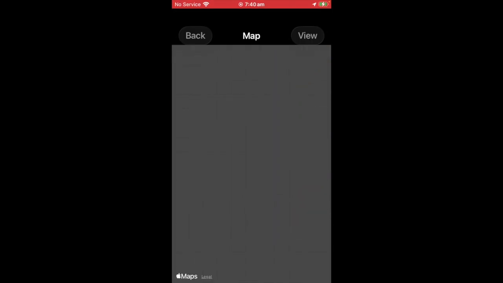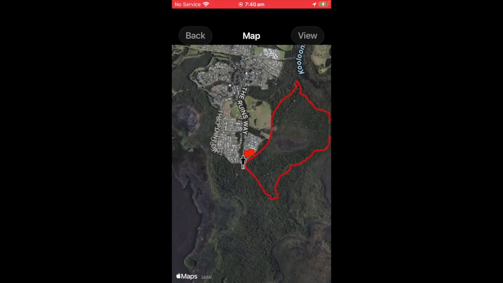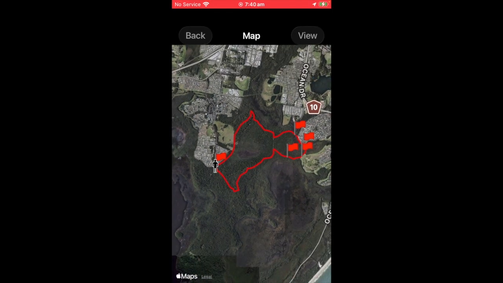So if you press the map button, you'll be taken to the map, which shows an aerial view by default. Your track logs are shown in red and your waypoints are shown as a red flag. A waypoint is any point you record that has your location at a particular moment during your walk. And the track log is a trail that's recorded by the app as you move along. So the track log shows you where you've been, and a waypoint is basically a point of interest that you've flagged